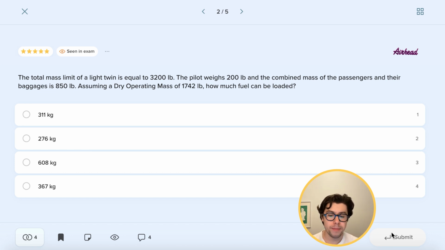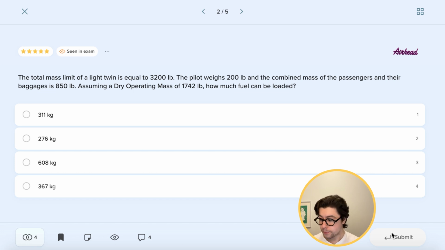So of course, remember what a dry operating mass is, and this is the key to answering this question. A dry operating mass includes our basic empty mass, BEM, of the aircraft, as well as the variable load. And within the variable load, we have the crew, the water, the meals, etc. And the crew here being the keyword. So the pilot weight of 200 pounds will not be included in our calculations as it's already included within our dry operating mass. And this gives us 850 pounds for the passengers and their baggage,